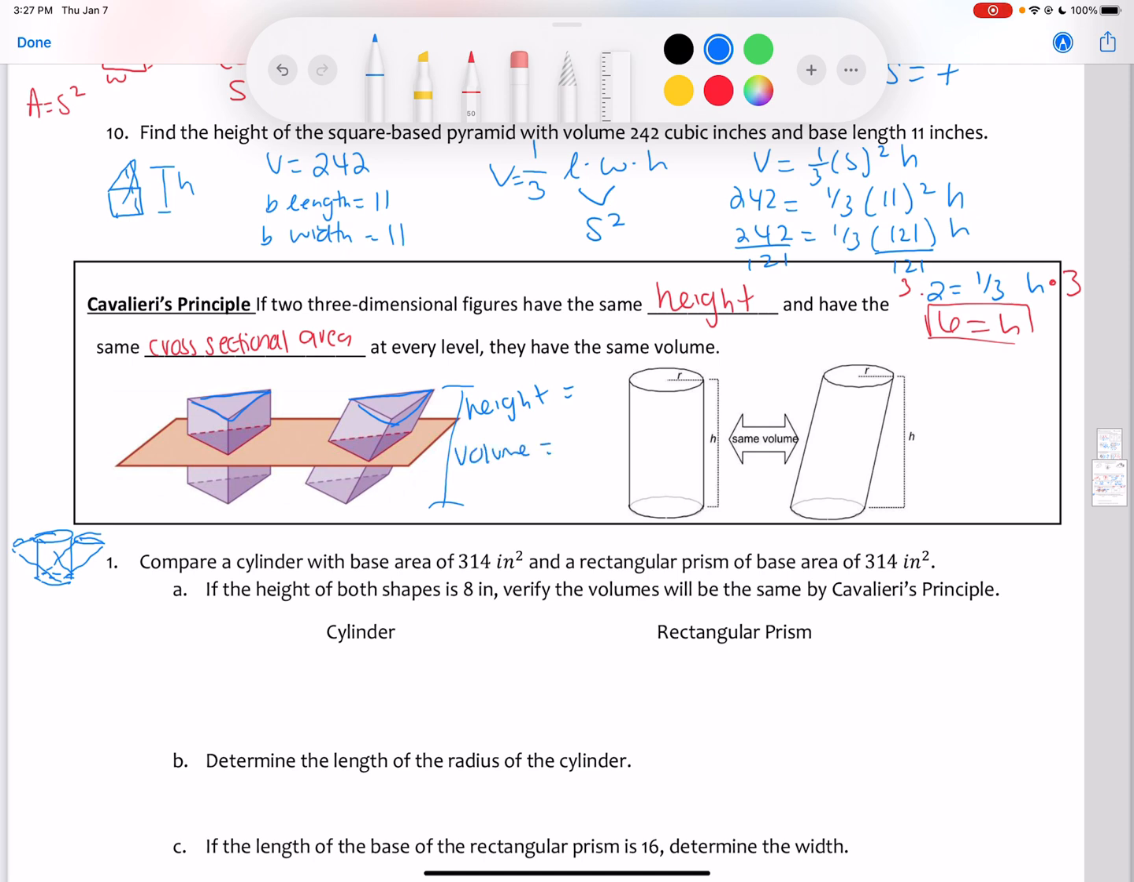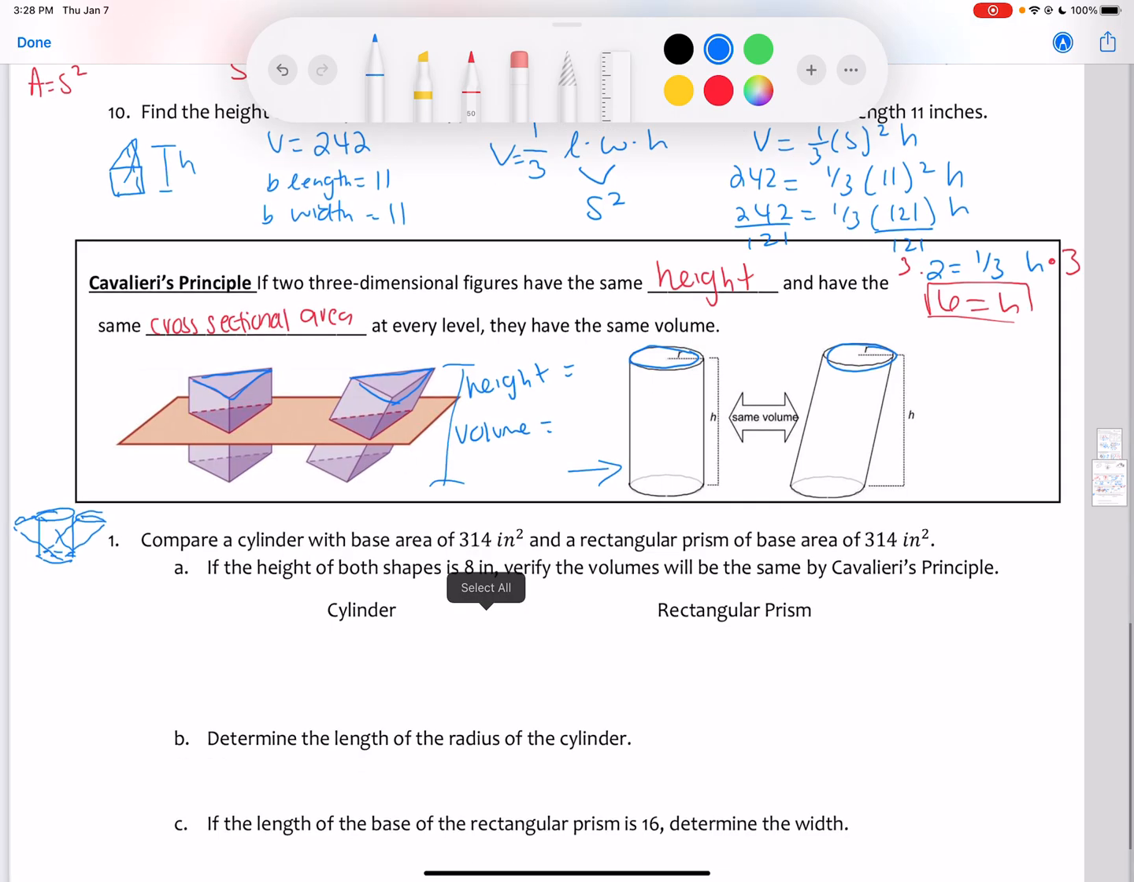And similarly, this is kind of like my can of cranberry. It jiggled a little bit over. It's still the same height, but these two circles have the same area, so the radii are the same. So compare a cylinder with a base of 3